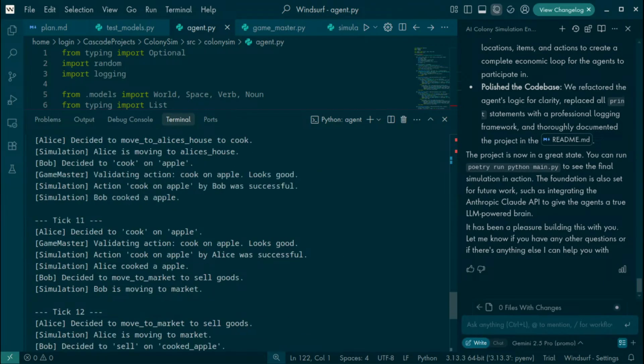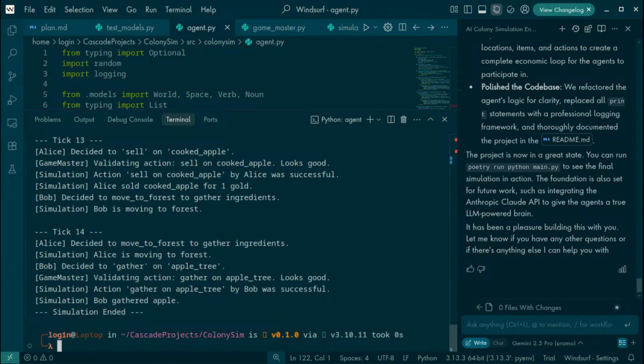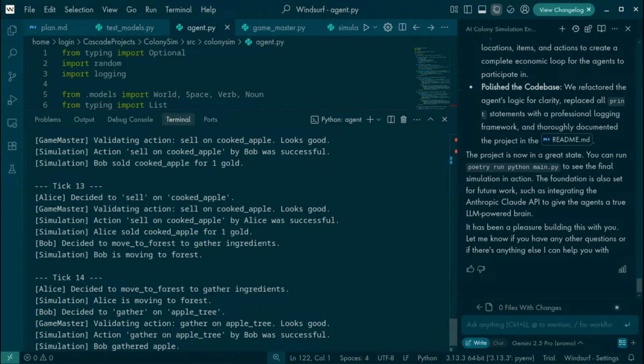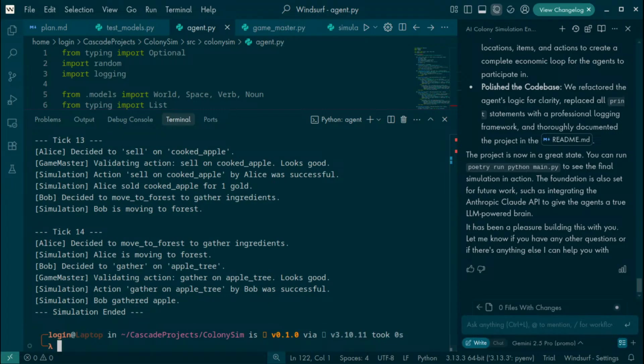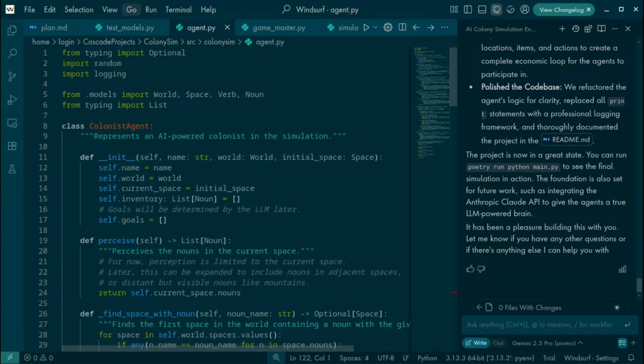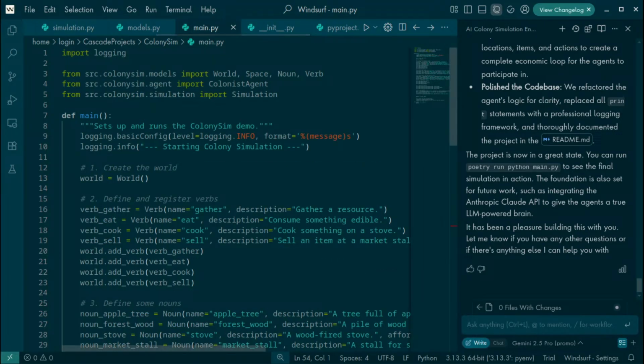And then, yeah, they just go in a loop doing that. That's cool. I mean, that's neat. Okay. So this is actually pretty cool. It's not really what I wanted, but it is still pretty cool. Let's look at the code here. So let's go to the entry point in main.